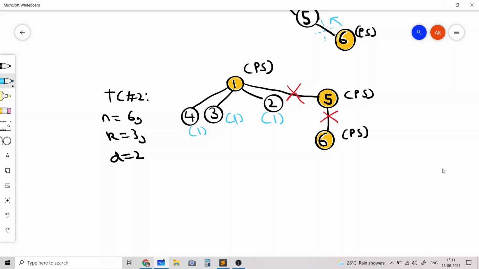Now in the second sample test case, we are given 6 nodes again, and k is this time 3 with the distance being 2. So in this case, we have police station nodes 1, 5 and 6, and it should be obvious that the optimal strategy would be to remove the edges from 1 to 5 and from 5 to 6, because they are essentially useless, because 1 controls the tree and the distance from 1 to all the other nodes would be 1, and we can't remove any more edges because that would make the distance from a node to a police station node infinite,